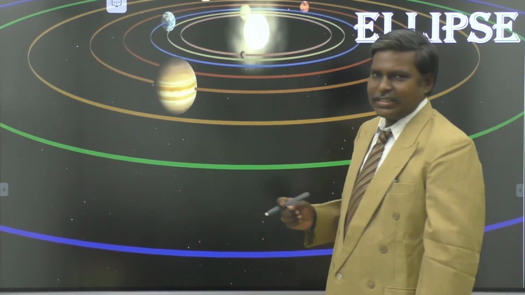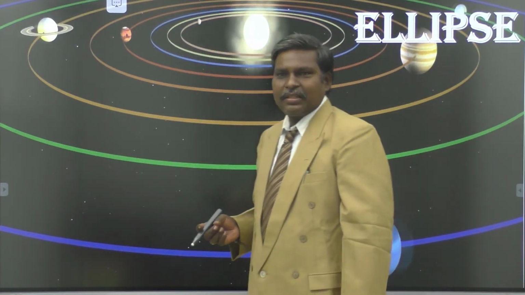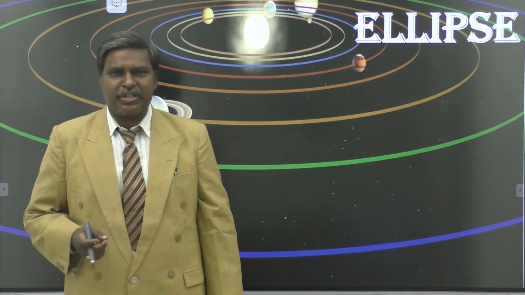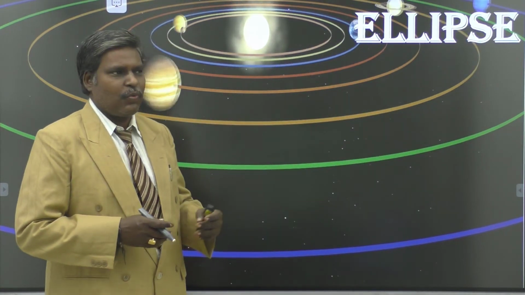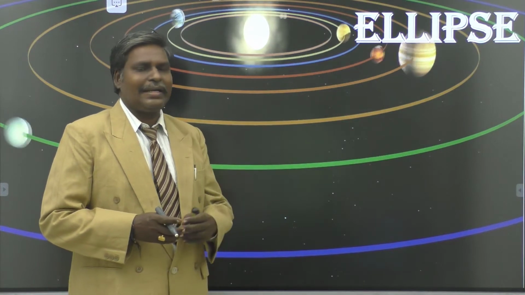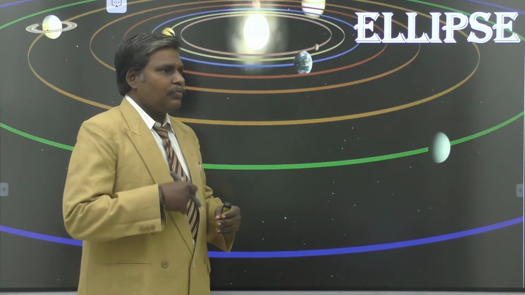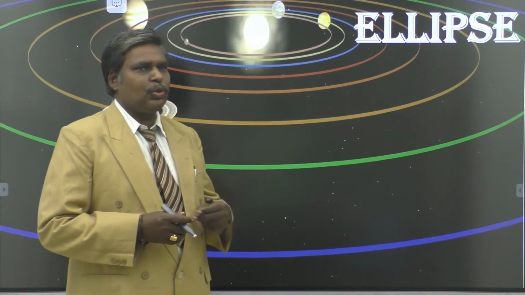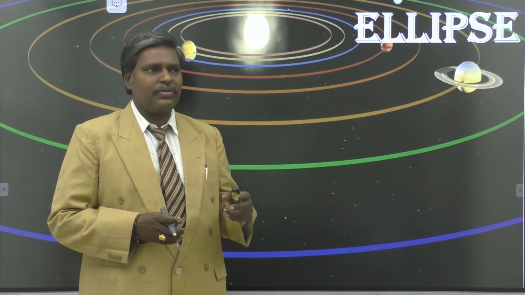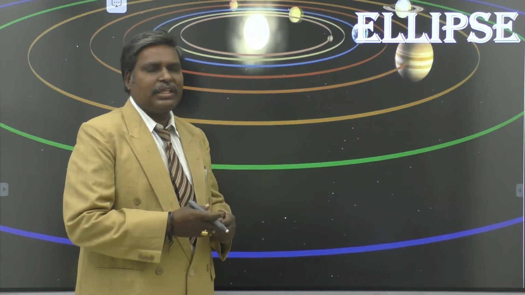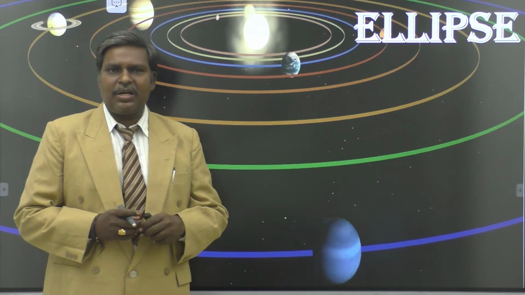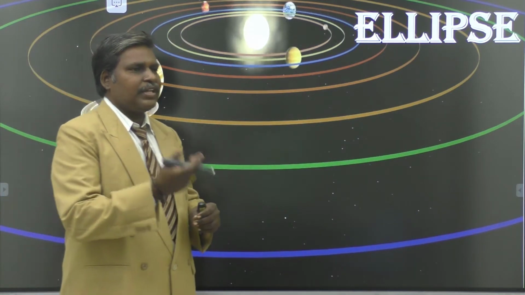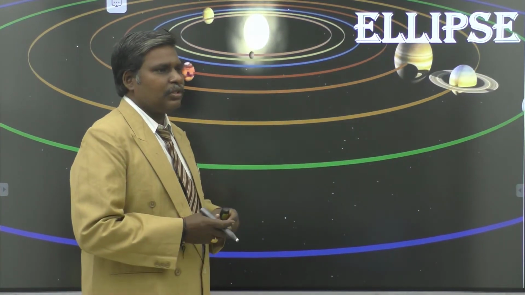Hello students, in the previous class we discussed the concept that is the position of line with respect to the ellipse. So when it is outside the ellipse, when it touches the ellipse, when it intersects the ellipse. If it intersects the ellipse, then the 2 points of intersection are real and distinct. When it touches the ellipse, both the points of intersection coincide with one point. That point is called the point of contact.